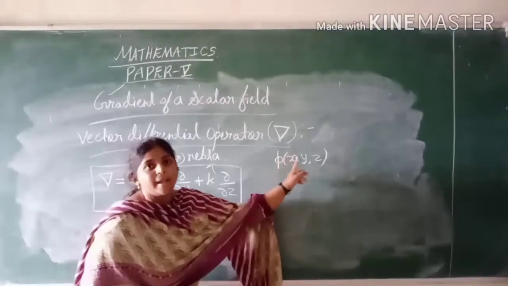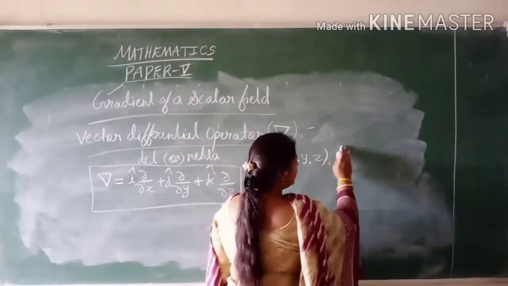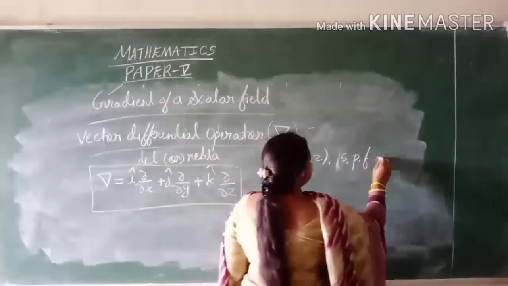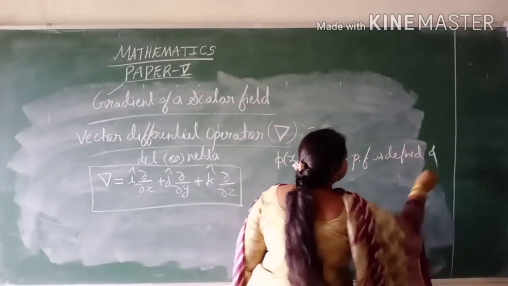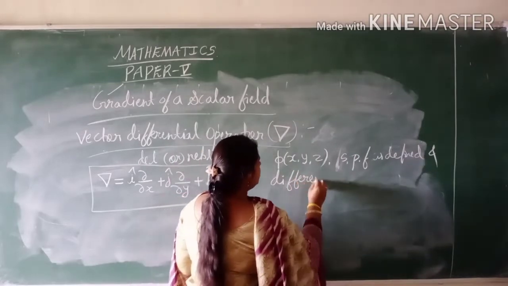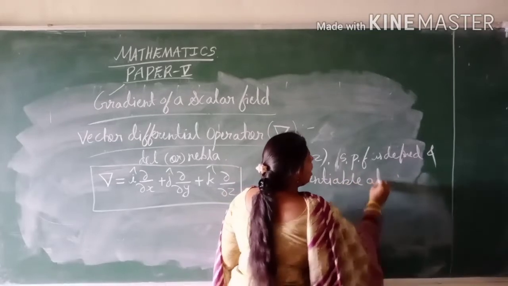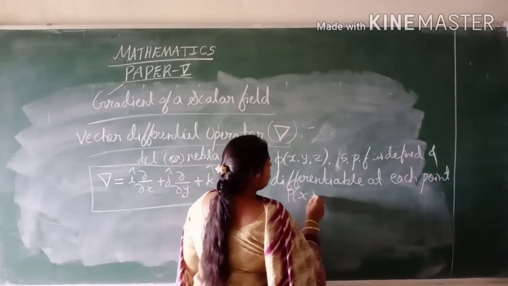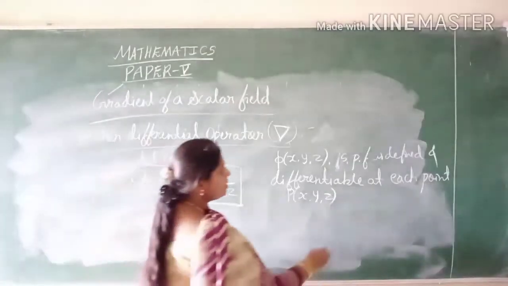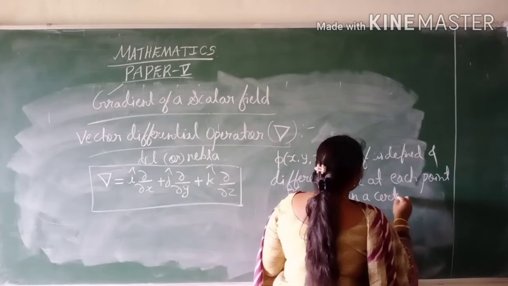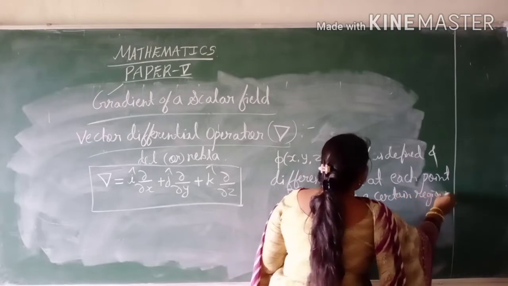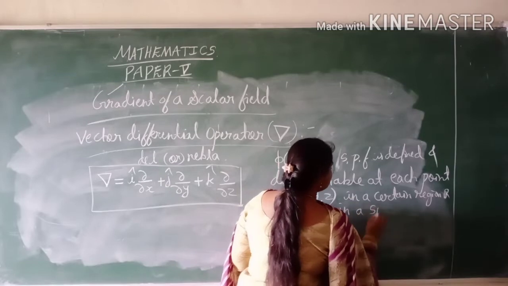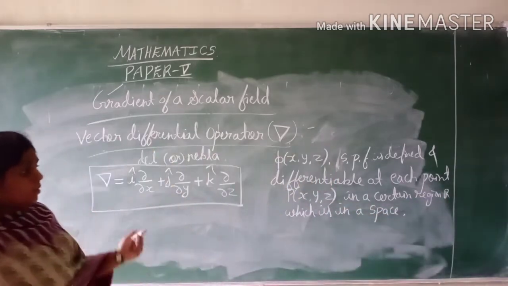Let phi of x comma y comma z be a scalar point function which is defined and differentiable at each point P of x comma y comma z in a certain region, or in a space, then